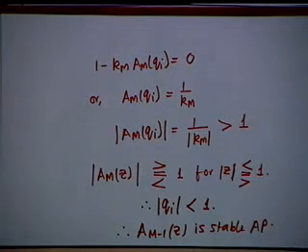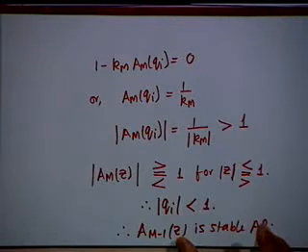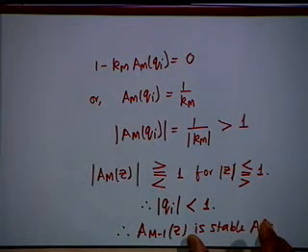That is the end of part 1. Part 1 says if A_M(z) is stable and K_m squared is less than 1, then A_{M-1}(z) is a stable all pass function. Now we prove the reverse. That is, we assume that A_{M-1}(z) is stable all pass and K_m squared is less than 1. K_m squared less than 1 was a necessary condition but not sufficient.